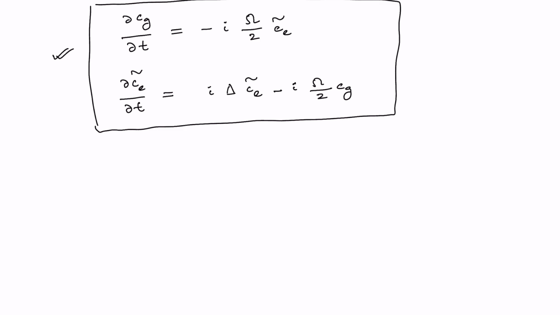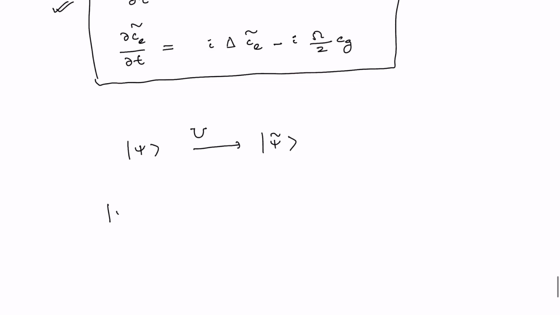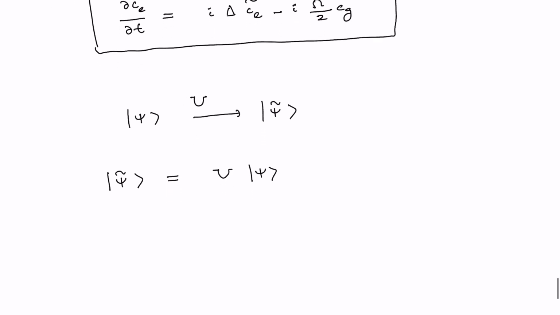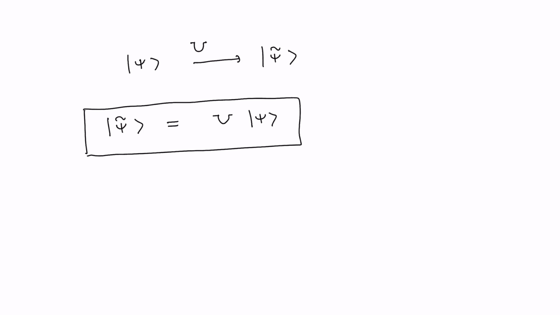Basically what we are doing here is going from the state vector |ψ⟩ to a new state vector |ψ tilde⟩, induced by a unitary transformation U. That means I am going to a new state vector from the old state vector |ψ⟩ by applying this unitary operator, and both |ψ tilde⟩ and |ψ⟩ have to obey